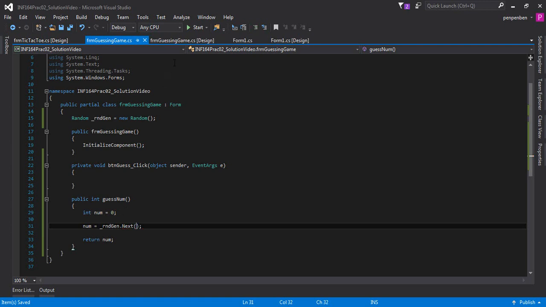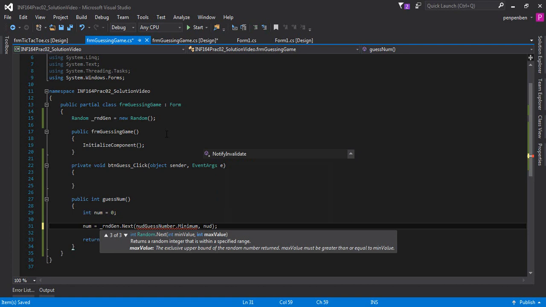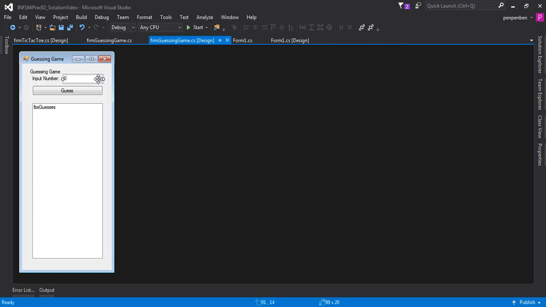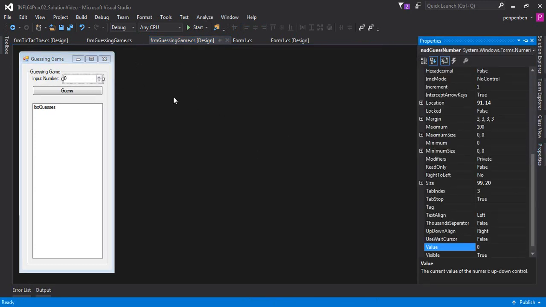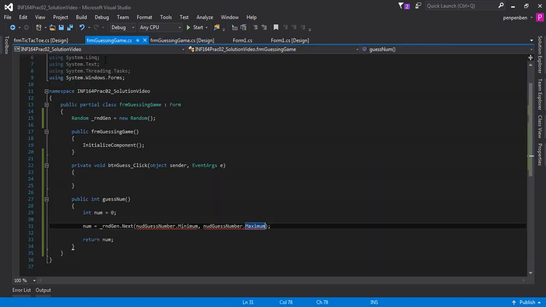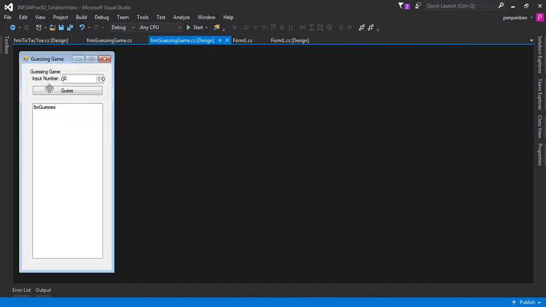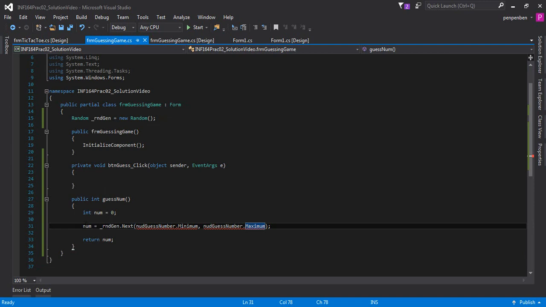So to make this more dynamic, what we can do is we can specify to the numeric up down guess number dot min value and the numeric up down dot max value. Therefore, no matter what we change it to over here, whatever the user can input over here will be between the min and the max value, and it will therefore be, the computer will guess a random number between that minimum and maximum value. We just need to go ahead and say